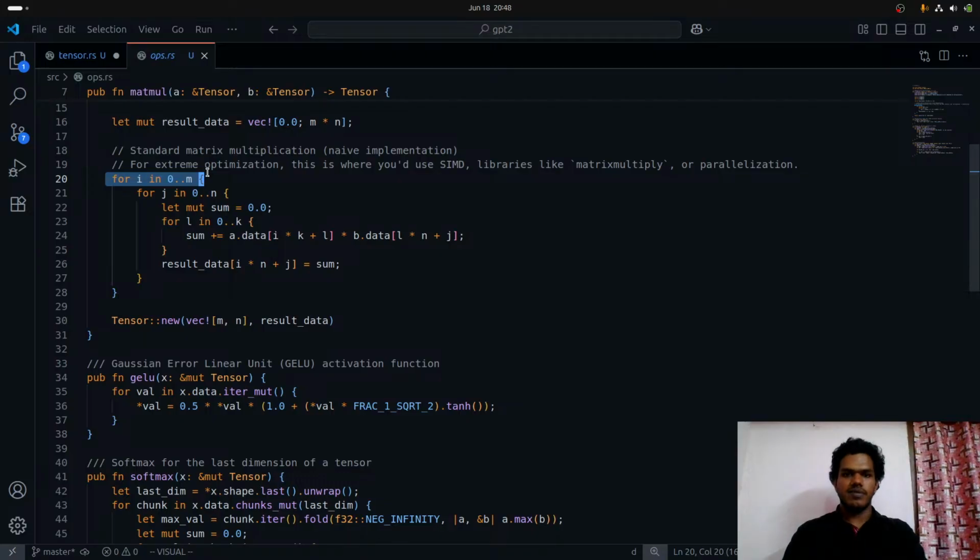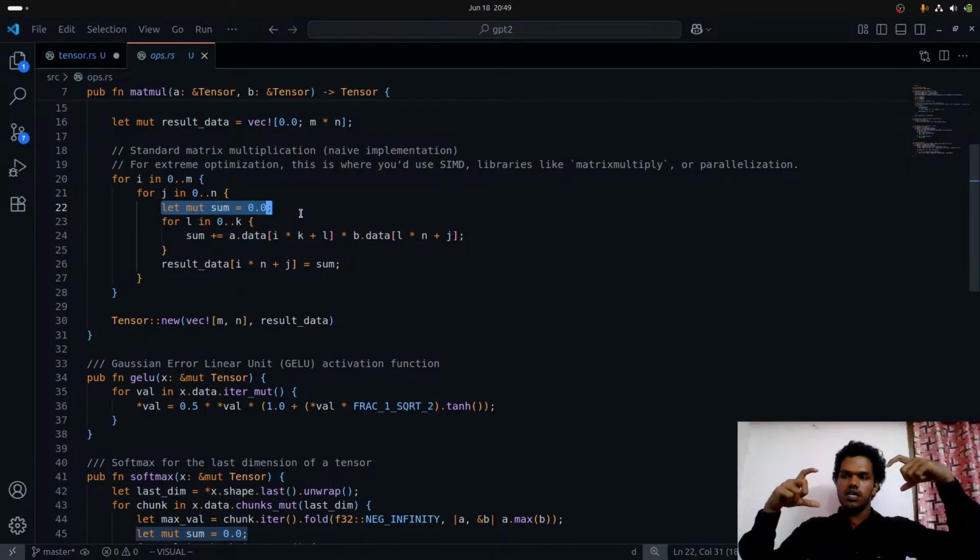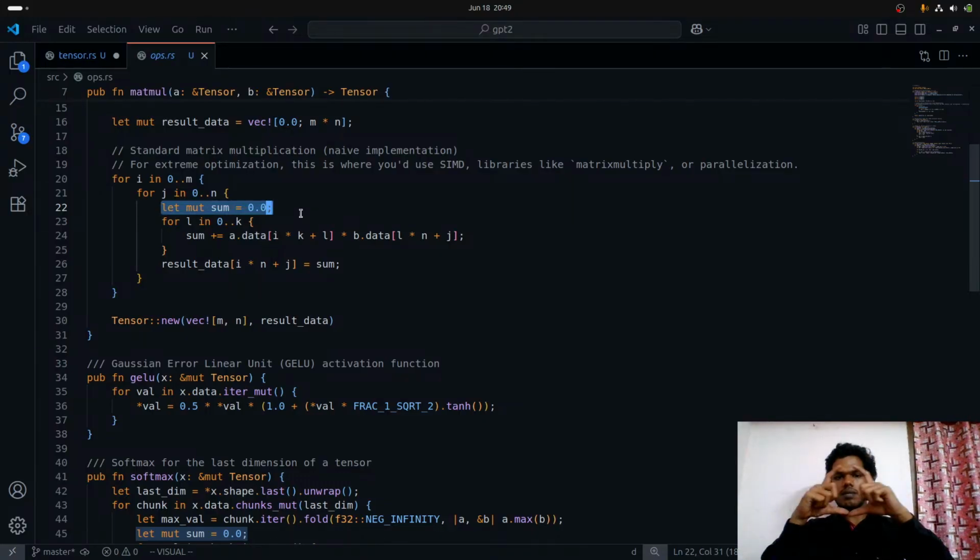So you're accessing the index, and this is the sum. You multiply the first row and first column, add them into a single element, and put it in the result data matrix. Okay,